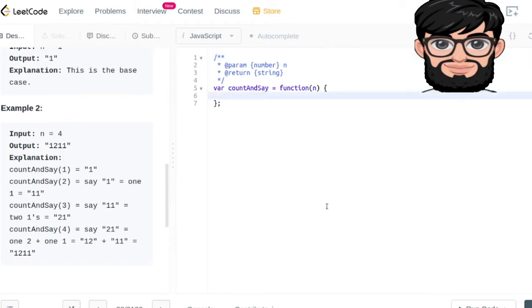So the way we're gonna be doing it is basically a recursive method. Initially we know that the string is going to be equal to 1. In the base case you can say that we're going to go from i equals 1 to i is less than n,